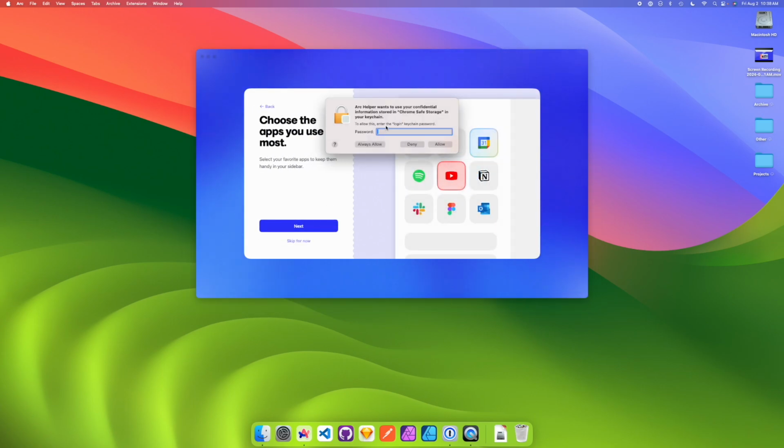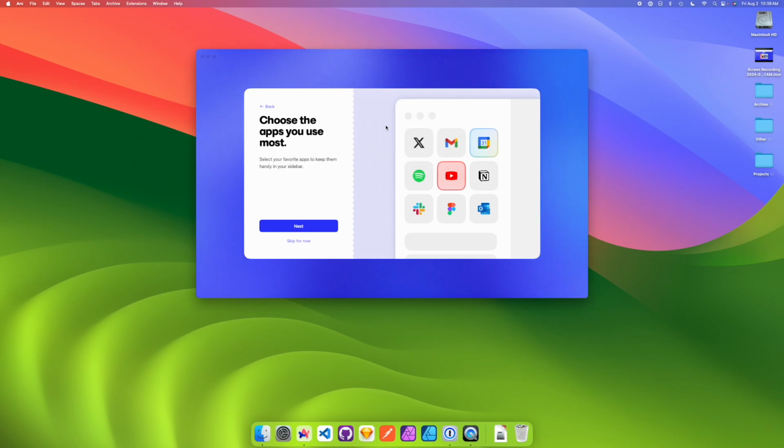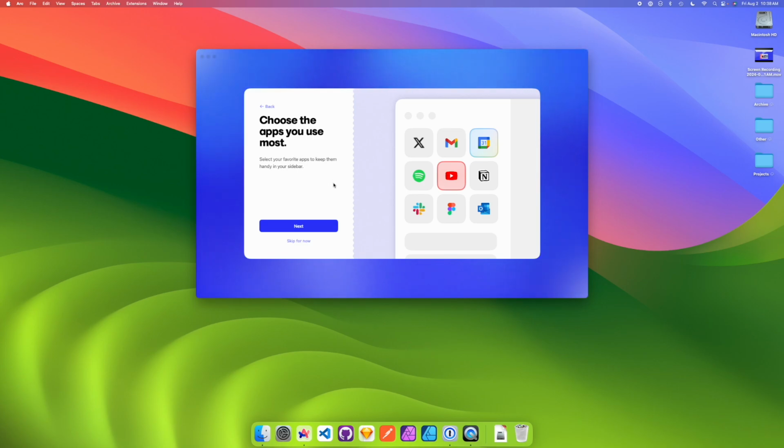You may be prompted to provide a password. This is normal on a Mac. There we go. Okay. And so Arc is now going to start talking to you a bit about this thing called the sidebar,